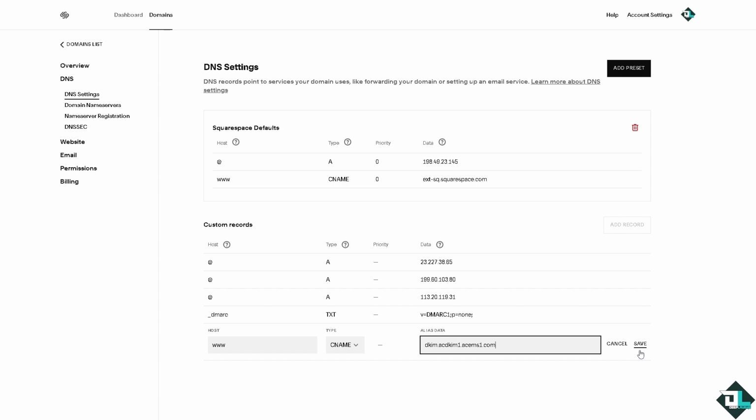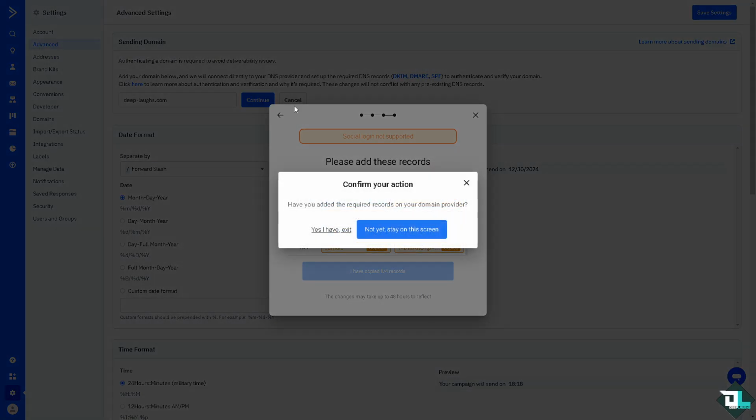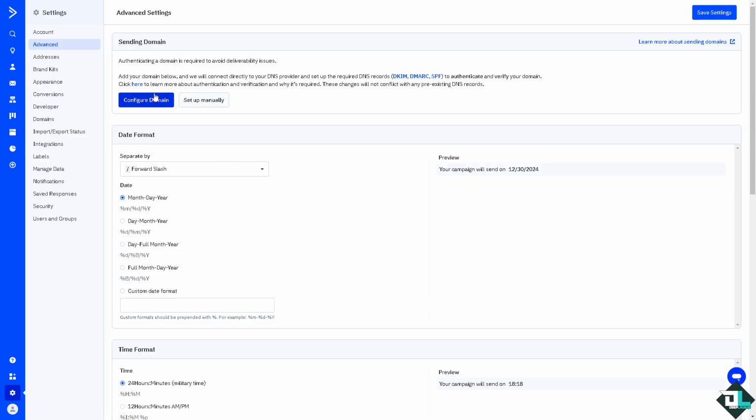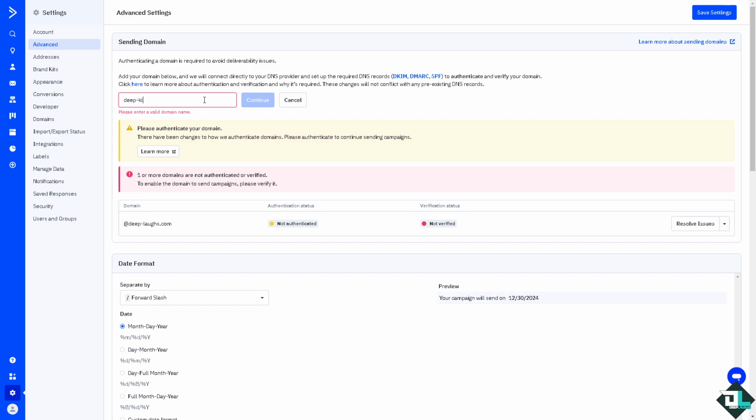Now, once you save it, it takes a little while for the DNS to propagate, like 24 to 48 hours. Sometimes it's a lot earlier. Now, remember earlier, we noted that there are two ways to configure the domain, right? So the number one is going to be the automatic way of doing things and the other is doing it manually. Again, if we go to our domain,